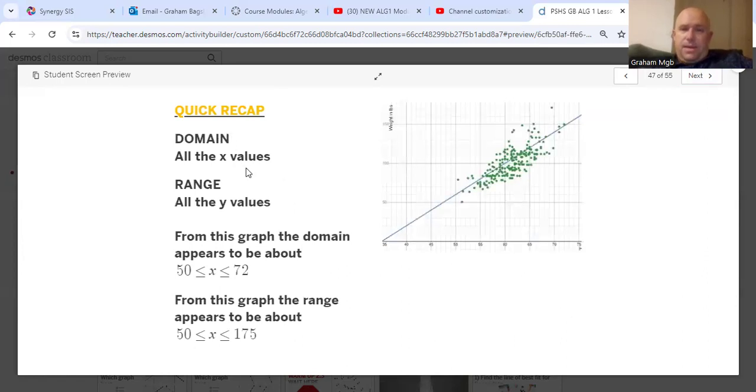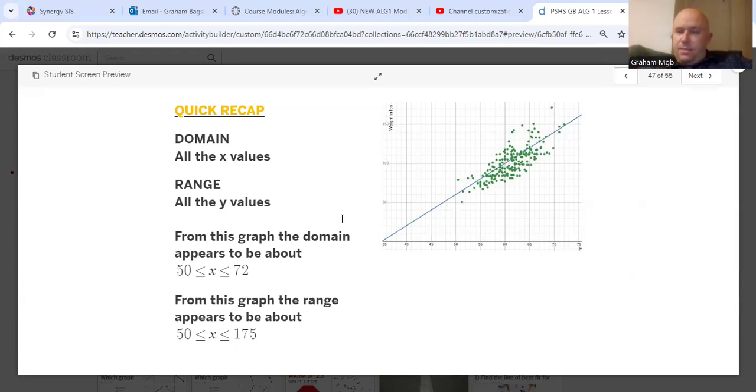Now, as we're talking about domain and range, domain is all the x values, range is all the y values. Now, we have a lot of values here. We're not going to list every single one because we can't tell exactly, and that would be too difficult. But as I'm looking here, it certainly looks like there's no values for the x that are below 50. And I can see this is 70. Oh, it's a bit more than 70. So 72, 73, not exactly sure, but something around the 50 to 72 seems to be a reasonable answer for